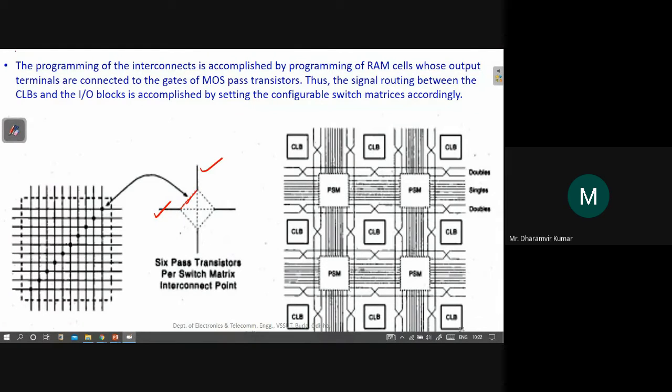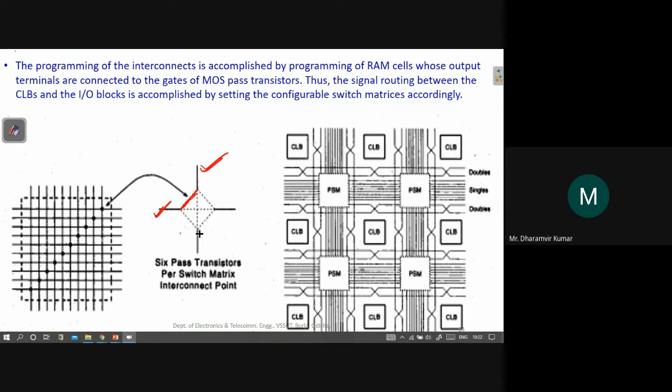Each of these paths contains transistors inside it, and the transistor in the required path is switched on while the other transistors are switched off. So this path transistor is switched on and it connects this routing channel to this one.